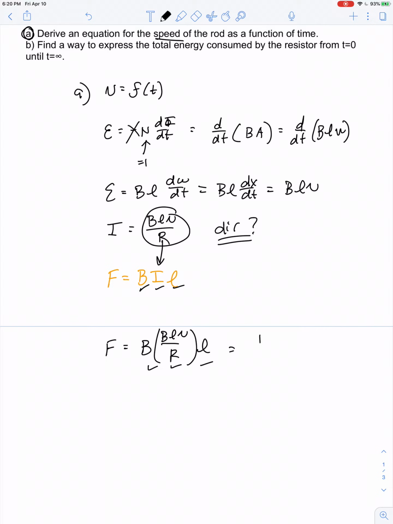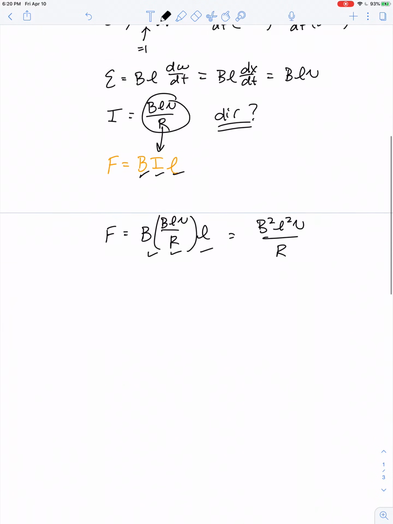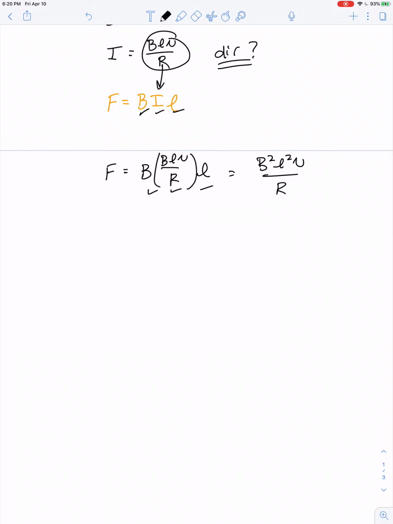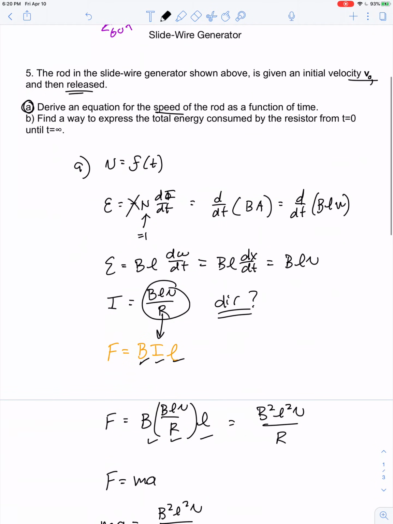BIL. So we get b squared L squared V divided by R. Well, by Newton's second law, F equals ma. So we have ma equals b squared L squared V divided by R. And now I said I'm going to ignore the negative sign because that just gives me the direction of the